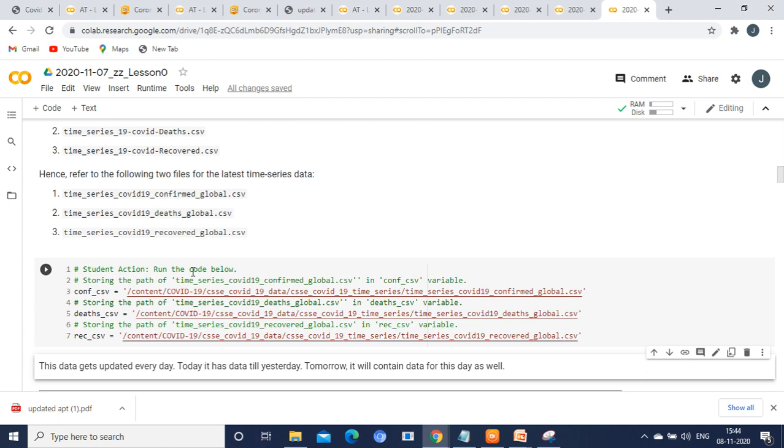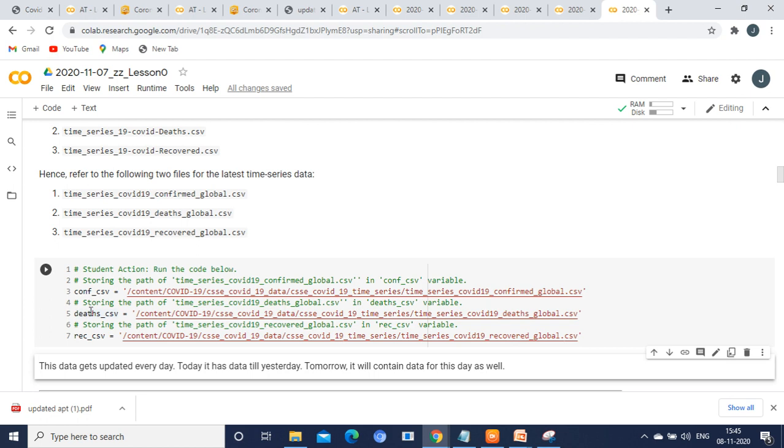We are copying the data paths from the existing folder. So in the conf underscore CSV variable, we are going to assign the path of confirmed global cases. We have to copy this confirmed global cases path from the folder, paste it here, and then assign this path to conf underscore CSV.